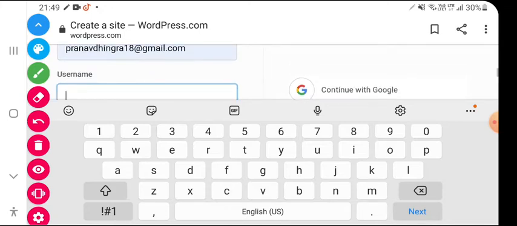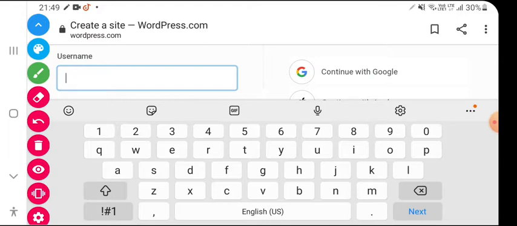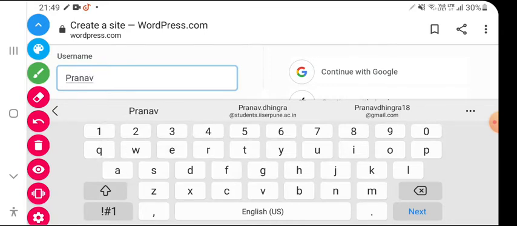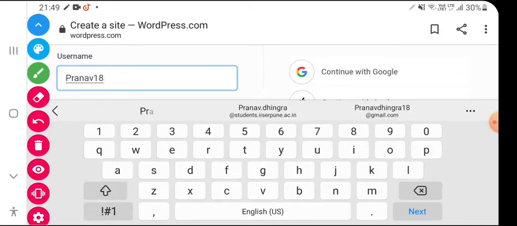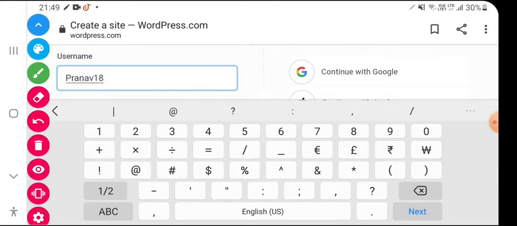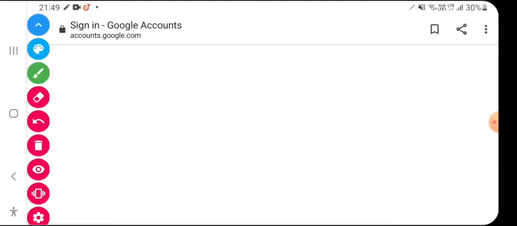Okay, that will be a bit confidential. Okay, so we'll type my username also. Okay, so here we'll have to blur it. Okay, or we can continue with our Google account also.